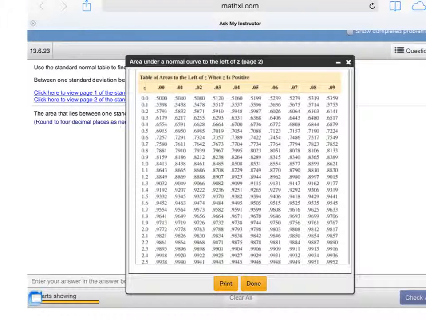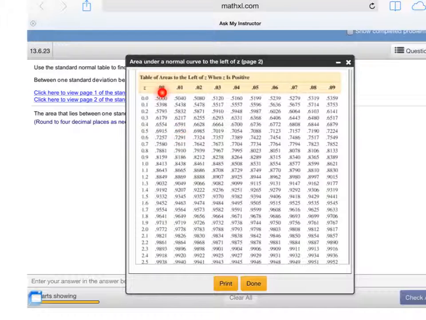Ms. Redford, I received your question relating to chapter 13, section 6. This would be kind of like exercise 23 in the book. I couldn't get this picture over to the right, this table. But underneath this table, it says use the standard normal table, which is part of that, to find the specified area. Okay, we want to find the area that's between one standard deviation below the mean and 2 standard deviations